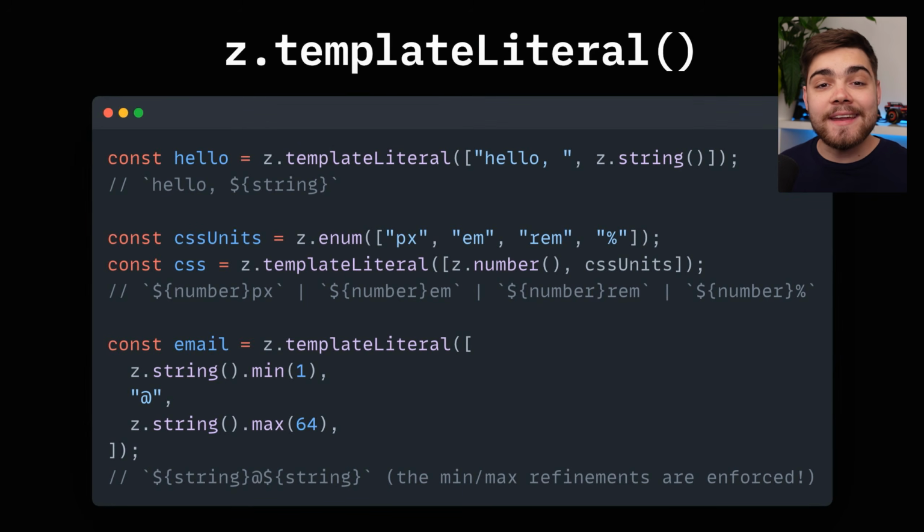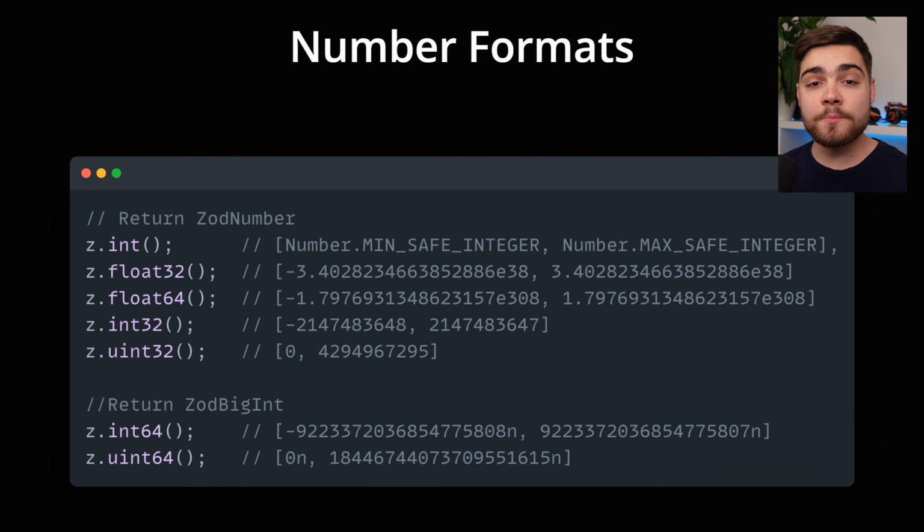Moving on, Zod 4 adds so many useful new types, starting with template literals, allowing you to define a type like this, which allows anything with hello, comma, and then a string. This is super useful for things like units, where you can accept any number plus the unit itself. This is really powerful. Number formats have also been added to Zod, like int, float, uint, and they already have